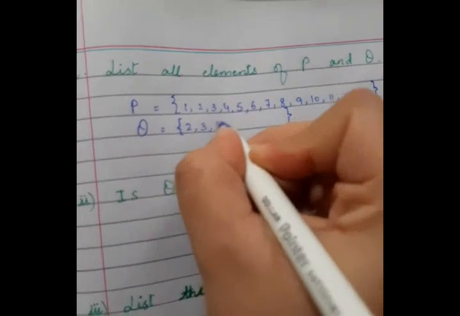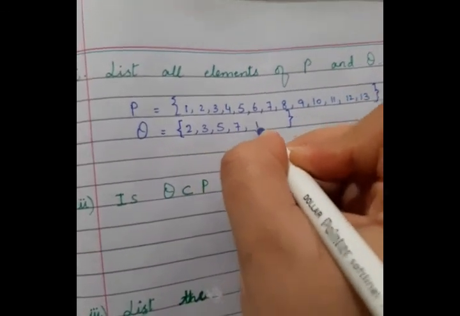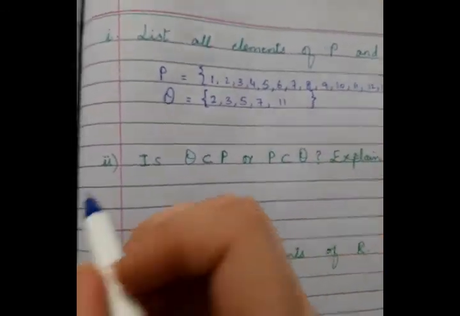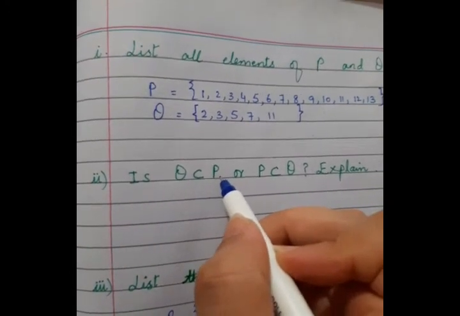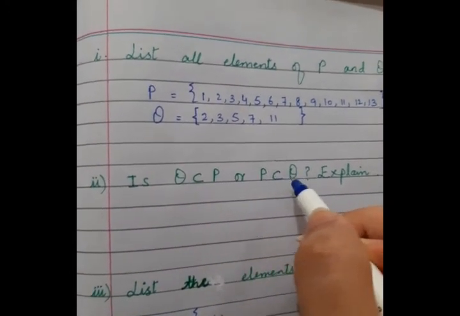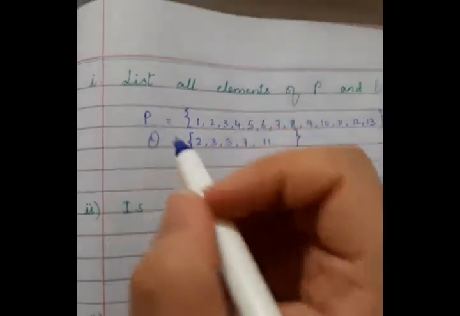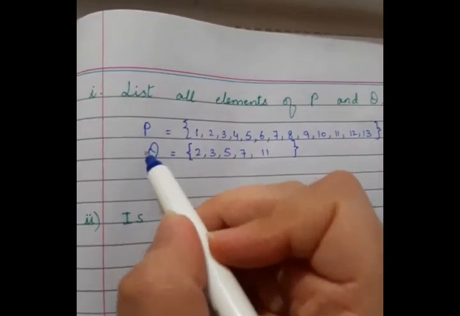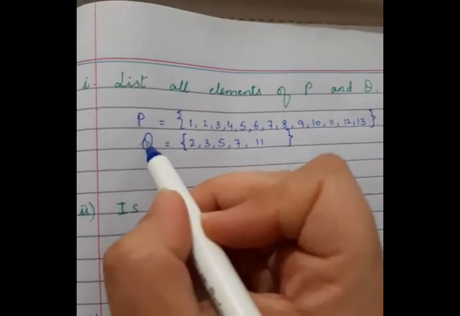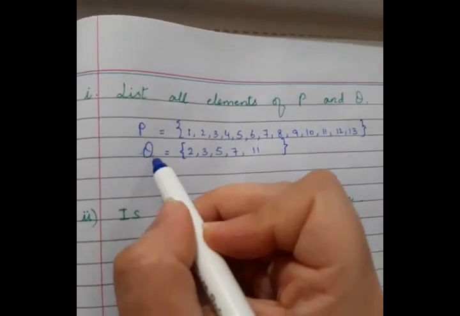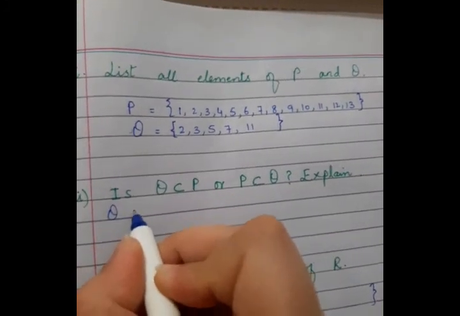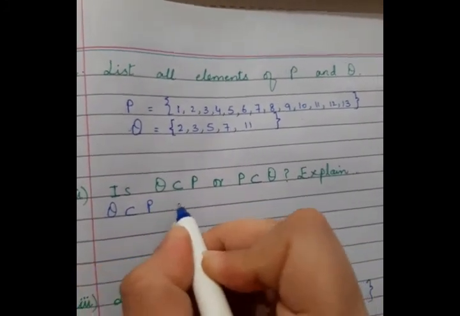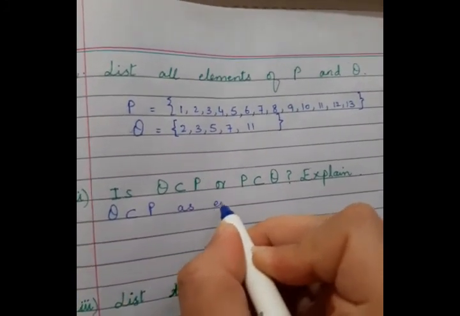In the second part we have to tell, is Q a proper subset of P or P a proper subset of Q? Explain. Now check which is a subset of which one. You can see that every element of Q is in P. It means that Q is a proper subset of P as every